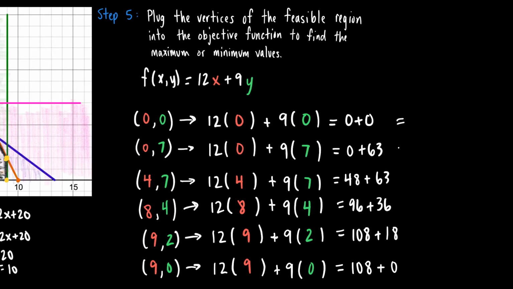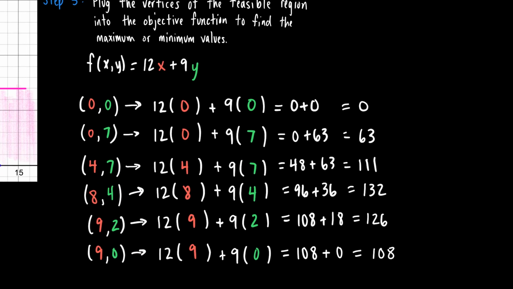Okay, so which one of these actually returned the most money? Let's see. So the first one is 0. Next one was 63. The next one, 48 plus 63, is 111. Next one is 132. Next one is 126, and the next one is 108. Okay, if we just add those up. So now the question is, which one of these returned the highest amount of money? And it was the 132. It's right there. So our answer then is going to be